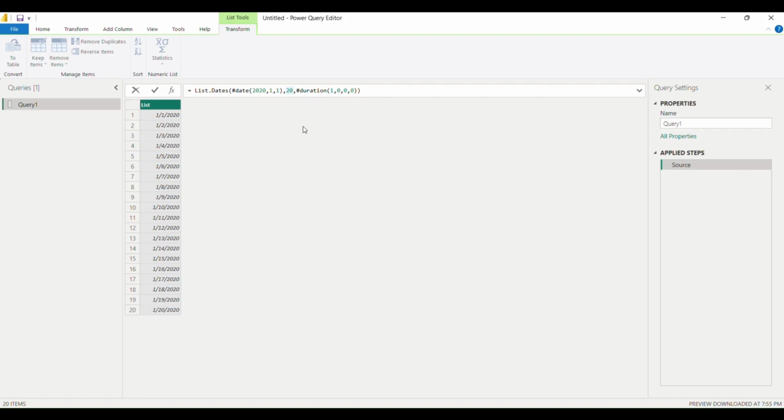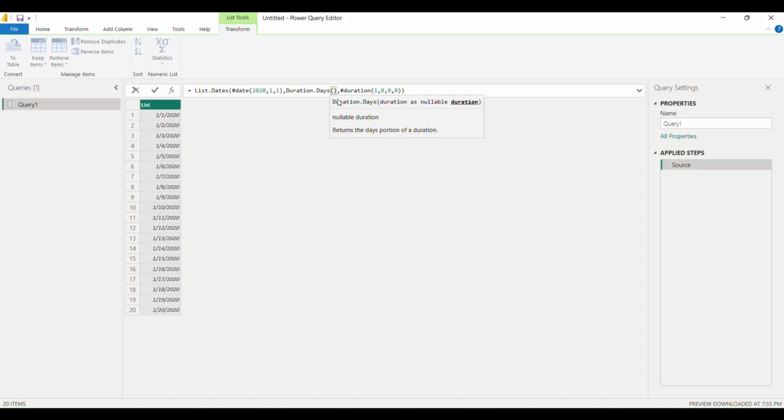Now of course, in real life we will not need 20 days, we will need maybe hundreds of dates, because we will have maybe years of data to analyze. We could do that in Excel, but that would be a lot of effort to count how many days we need. So the easiest way is to use a formula like Duration.Days, and we will say the end date subtracting the start date, and that's the way we will get the number of needed days. So let's say Duration.Days, which is here,